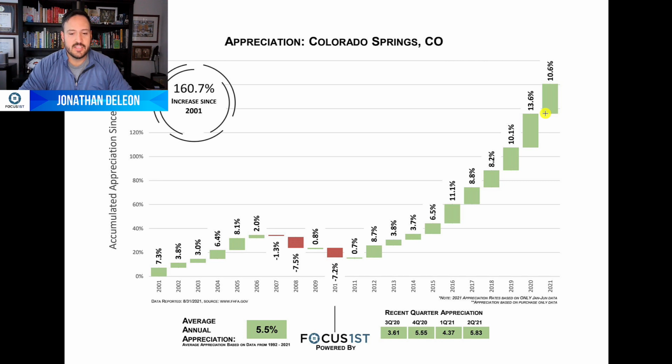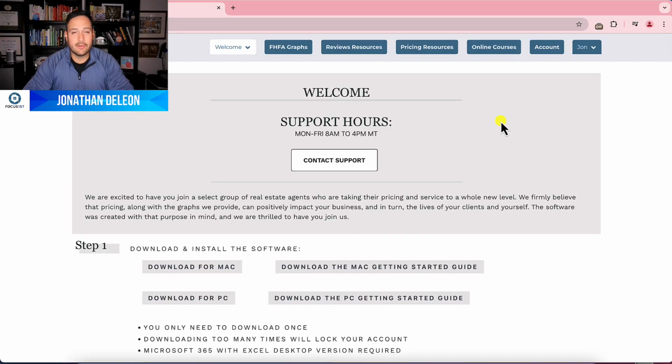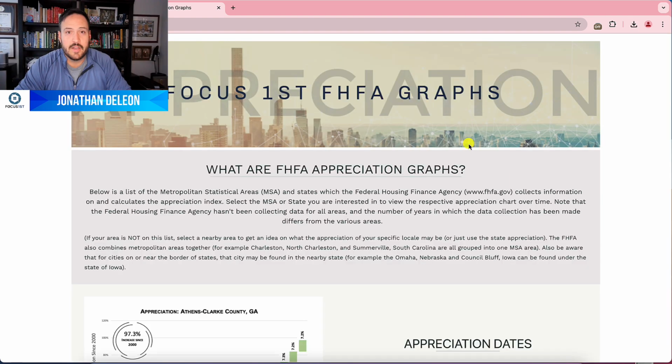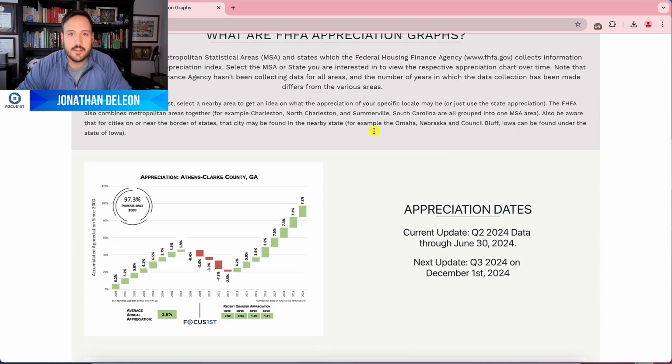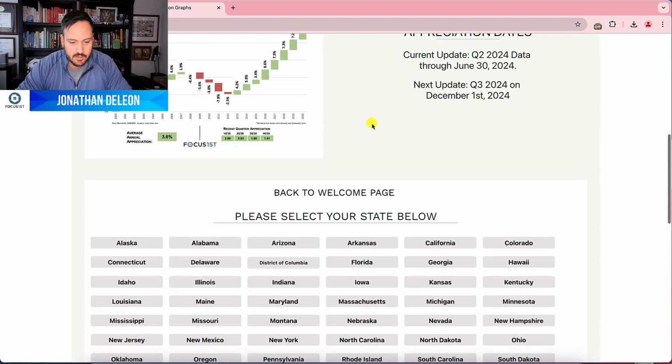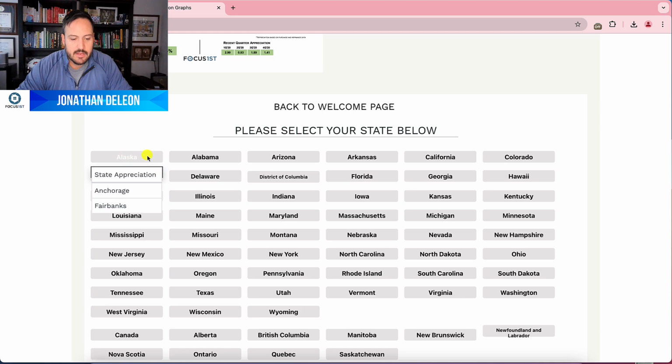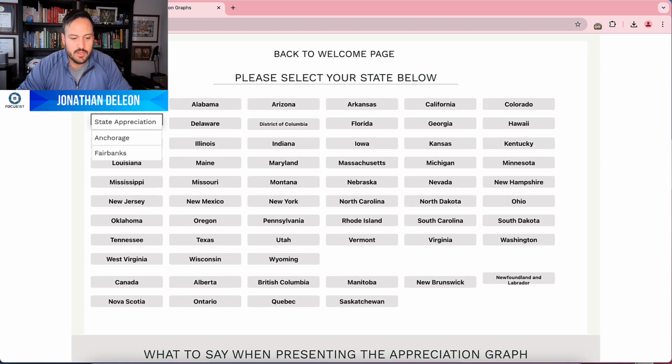Because of that, we take this data in these graphs and we give them to you as an additional resource. To print your area, all you have to do is log into your account and click the FHFA Graphs button here at the top, and you'll find this page open. If you scroll down, you'll get a little bit of understanding of how FHFA graphs work, and you'll see these drop-down menus by state